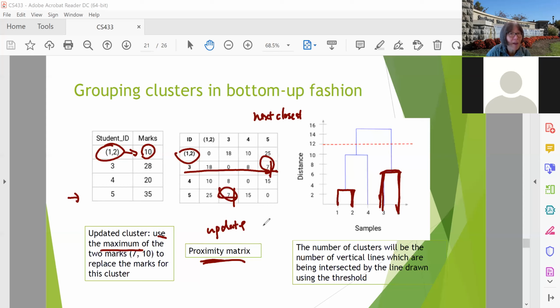Based on this, you can continue, generating the updated proximity matrix. Then we will find the next cluster will be 1, 2, and 4 together. So we build bottom up. And lastly, you just get the last 2 together. So agglomerative